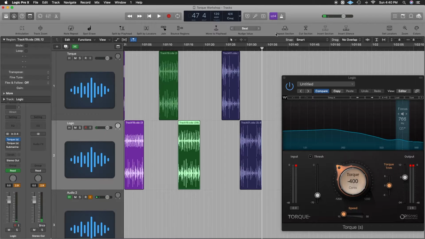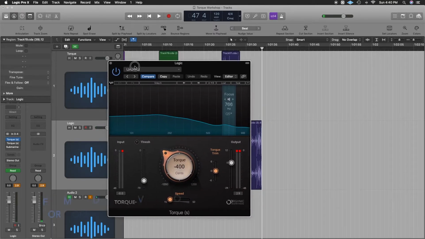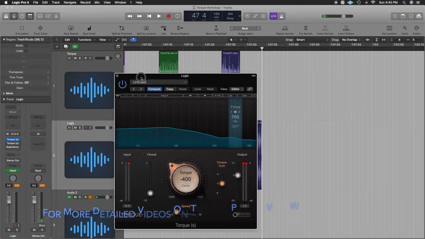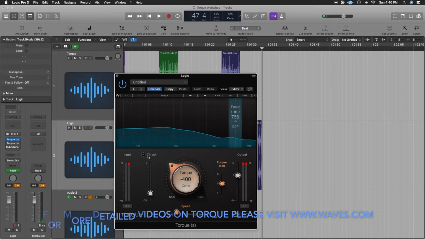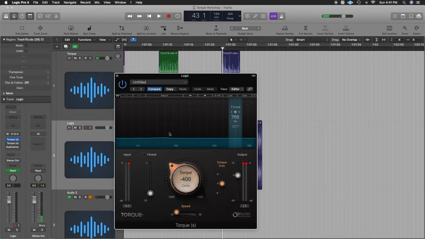So basically, let me explain to you a bit about this entire plugin. Now you see in the center is the heart of the plugin, which is the Torque, where you can reshape your sound, the tuning of the sound, even the character of the sound by tuning this down or up. And you have the speed of the torque, from low to high, then the threshold. It says that it should be around the yellow mark to get the torque. So if I play this again,